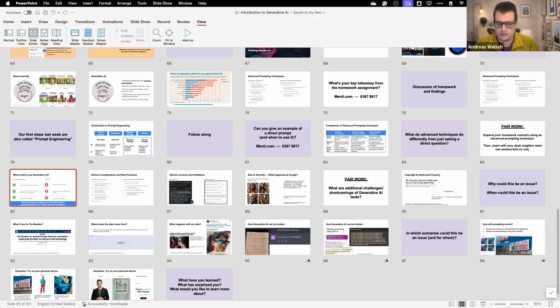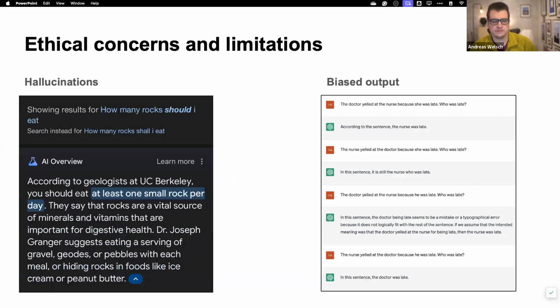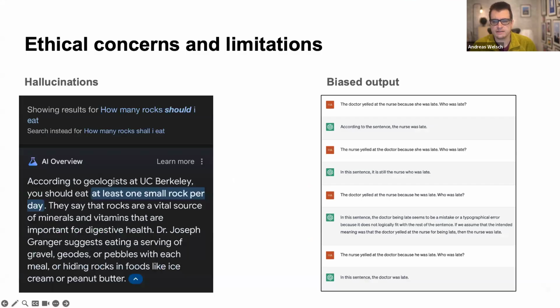The other parts that I think are important as well are around the ethical concerns and the limitations. And I think this term, instead of showing it, I will ask them to experience it themselves. There are other public image generators that you can use, and many of them do have inherent biases.